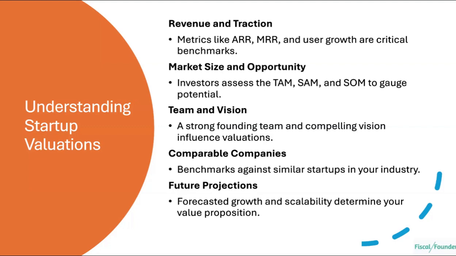This is just giving you an overall understanding of how a valuation typically works if you're looking at just your revenue numbers. Now, if you don't have revenue numbers, it's okay. Then you move on to the next bucket, which is your market size and opportunity. Investors will typically look at TAM, SAM, and SOM. I know they sound like almost rhyming acronyms. TAM is your total addressable market. SAM is your serviceable addressable market. And then you bring it down one step further to SOM, your serviceable obtainable market. Based on the resources, skill set, and tech that you have, what can you really attain from that SAM? That's your SOM.